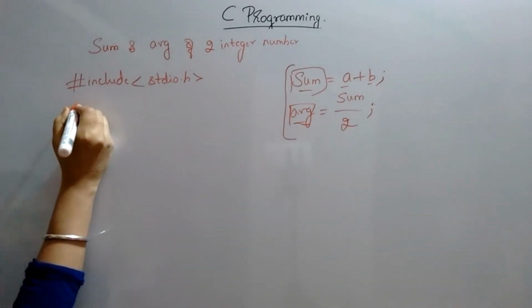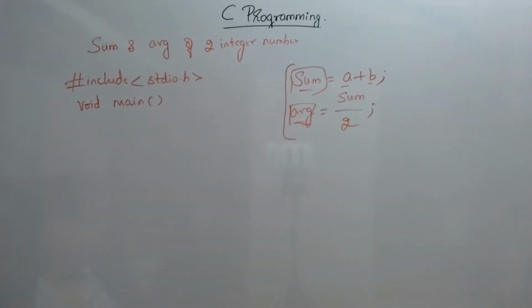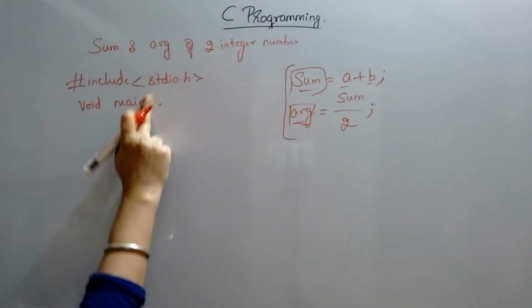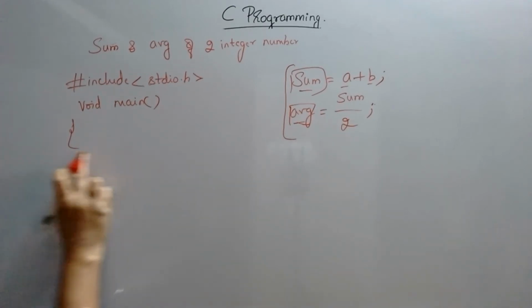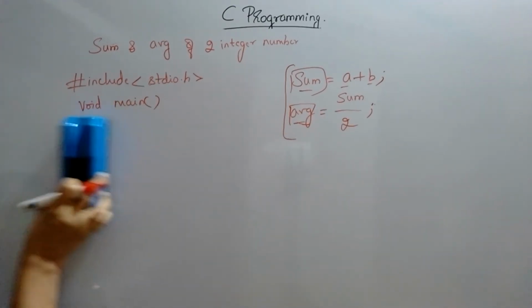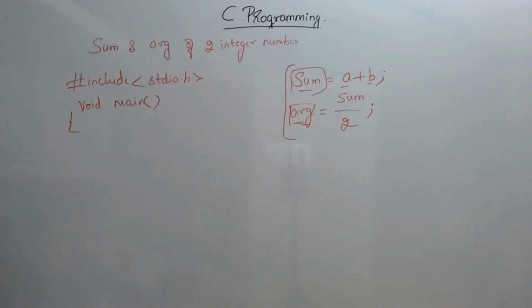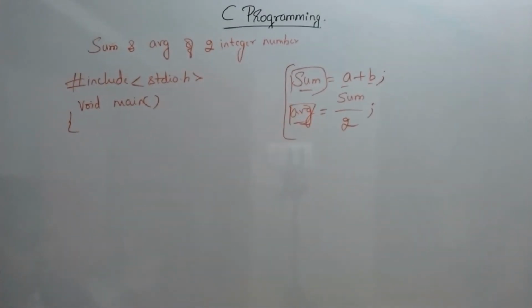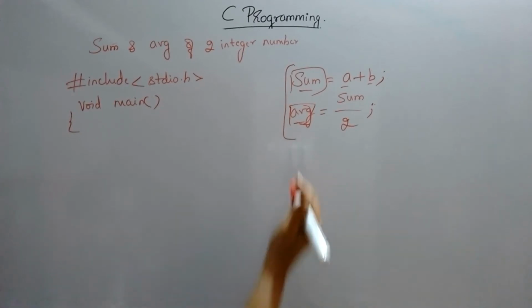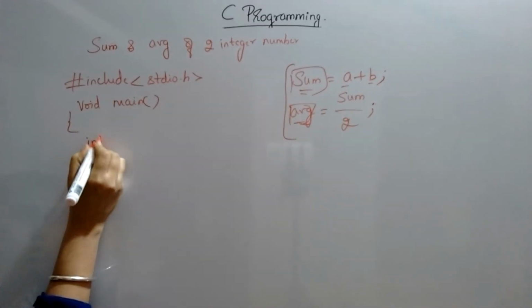After writing the header file, what is the next step? It is void main. Then we should not leave any space here. Void main. Next, opening brace. Now here this is the declaration part, right? So I already told you how to declare. Average I am going to declare as float, since I may get some decimal values also. Now sum, A and B I am going to declare in int data type. Fine. So int,